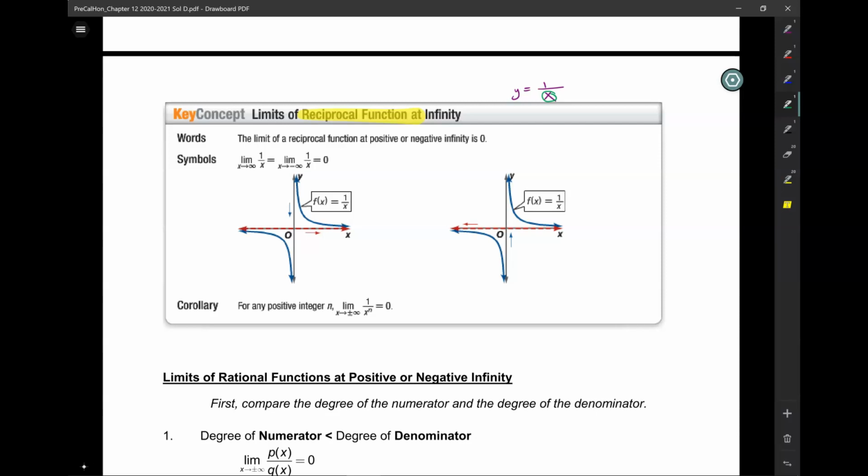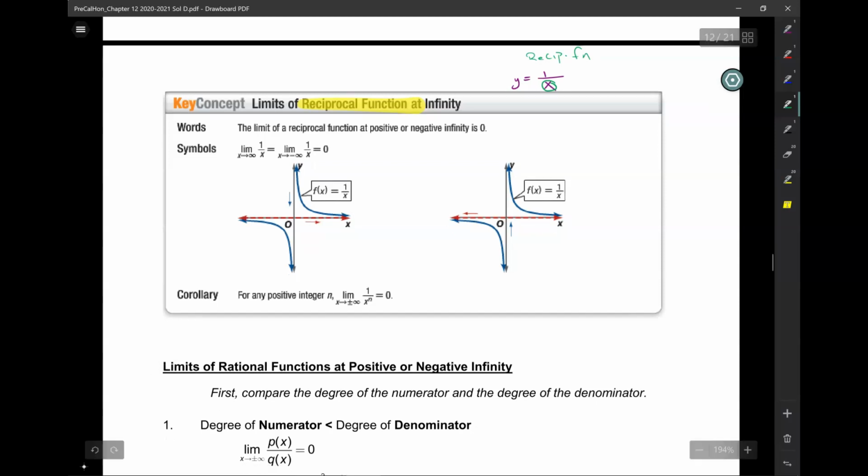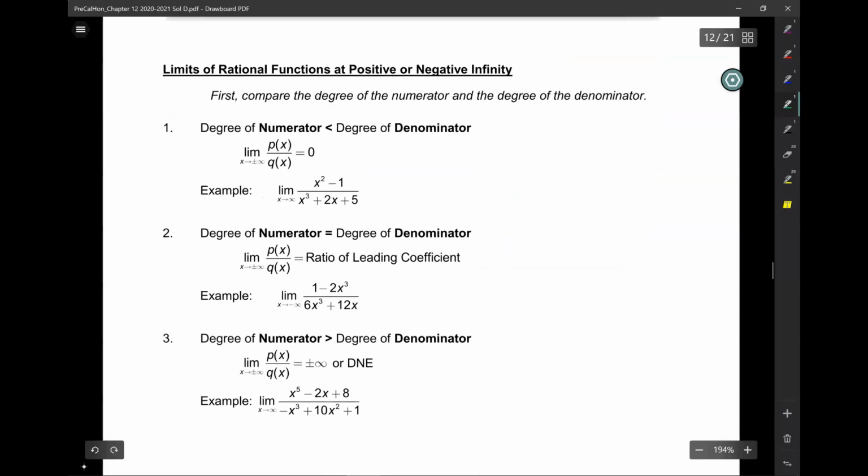Closer to 0. It gets closer and closer to 0. Is everybody okay with this? Okay, so this is called a reciprocal function. As x gets very large, 1 over x is practically 0, all right? Okay, so keeping that in mind,